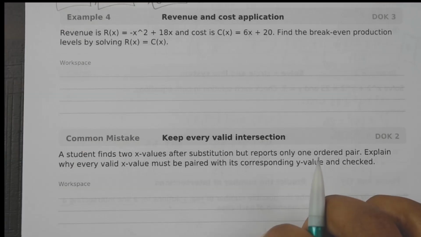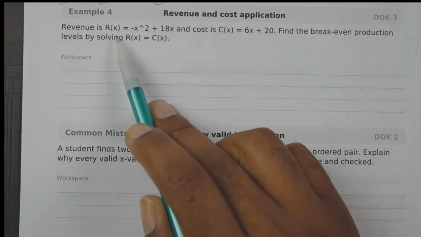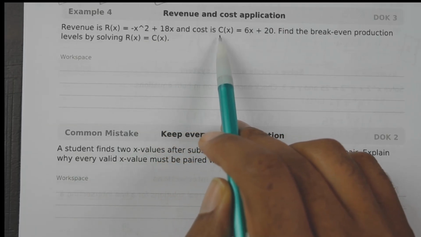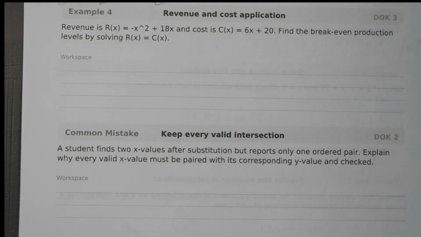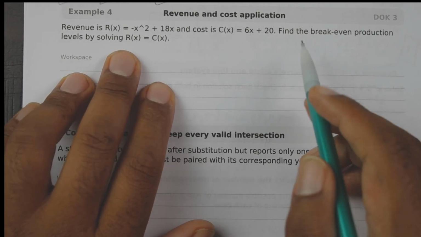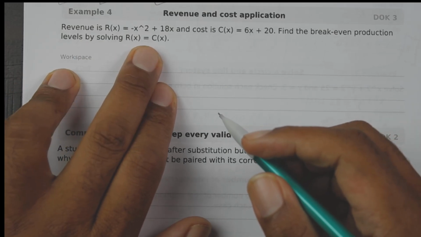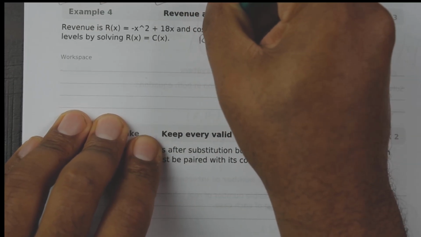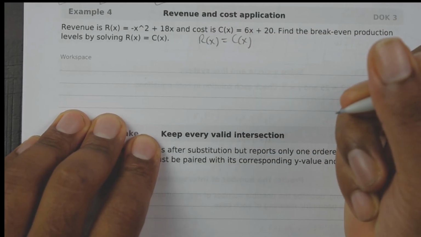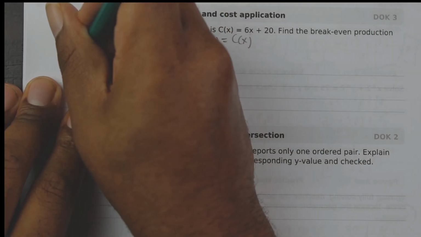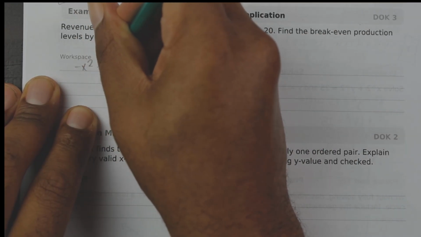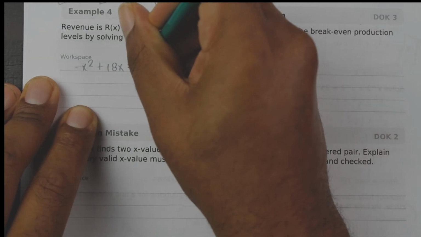let's continue. The revenue equation for this one is R(x) equals -x squared plus 18x, and the cost equation is C(x) equals 6x plus 20. It says find the break-even production levels by solving R(x) equals C(x). So this is basically saying set both of them equal to one another. So for R(x) we have -x squared plus 18x, and we're going to set it equal to 6x